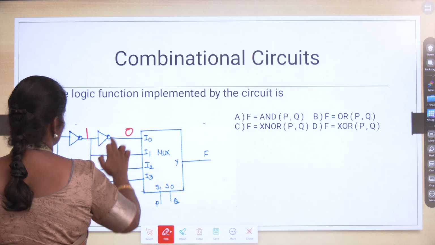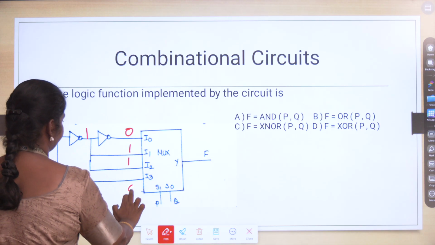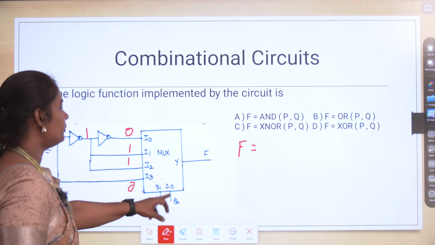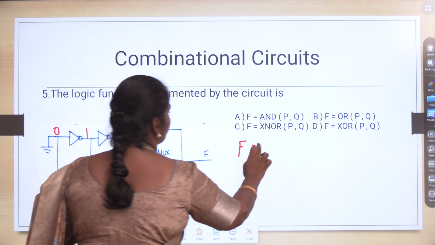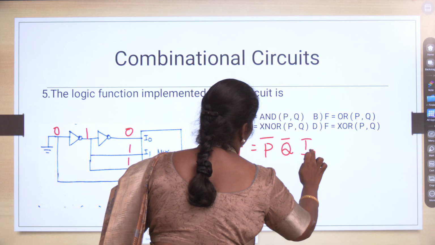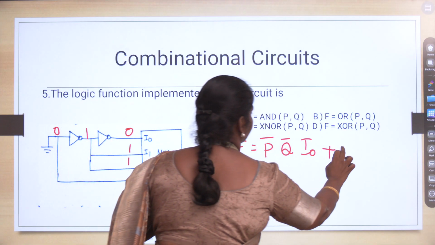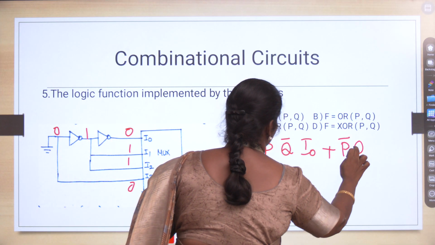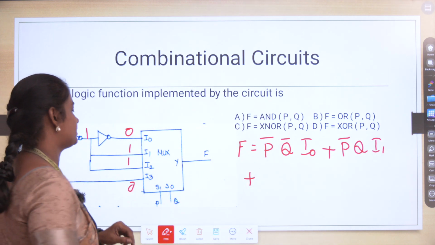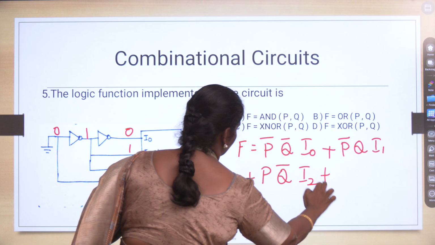Zero, 1, 0. So your output Y is equal to, if your P and Q both are 0, it means I0 is selected. So we can write P bar Q bar into I0 plus, if it is 0 1, I1 will be selected, that is P bar Q into I1 plus, if it is 1 0, I2 will be selected, that is, you can write P Q bar I2 plus